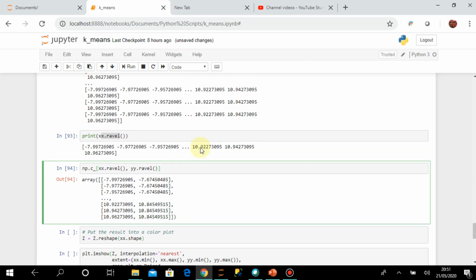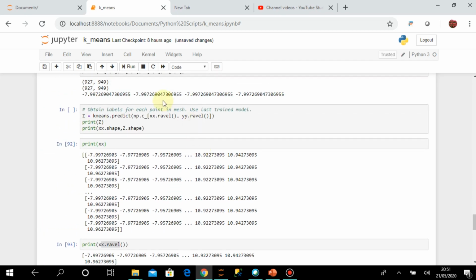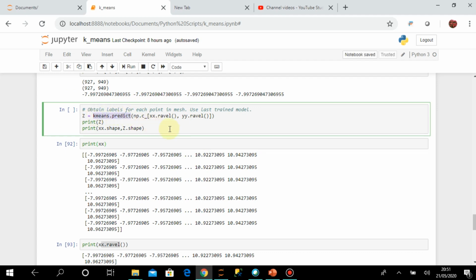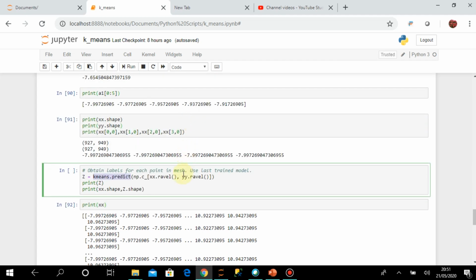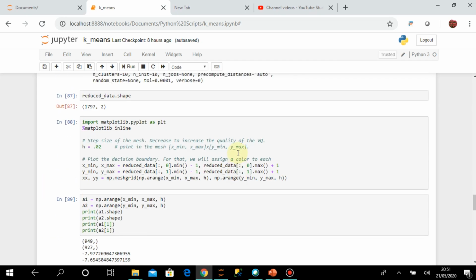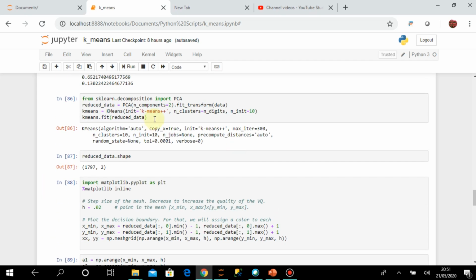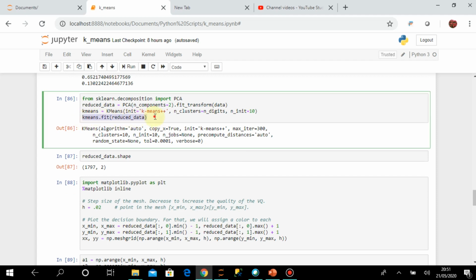Now I am sending this into the k-means.predict method. I have already fitted the data, you will remember. I did this k-means.fit on the reduced data the same way, and the fit has already run.